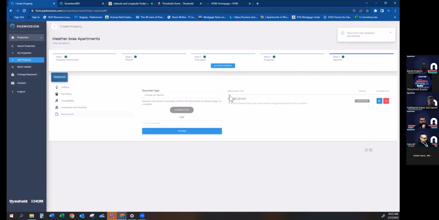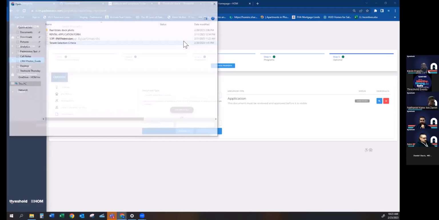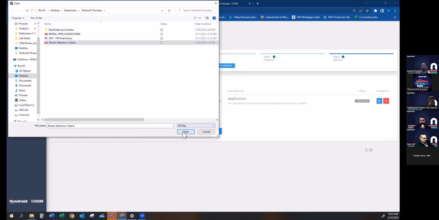These do have to be approved on the back end. So when you do approve them, you're going to notice the status is unreviewed. You can either reach out to Kevin or myself. We can always do this internally, get it approved within like less than 2 minutes. So again, with the selection criteria,